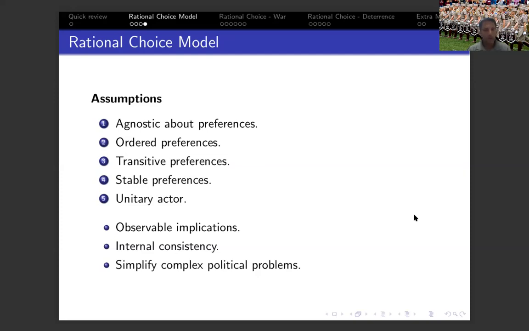Scholars and professional analysts love the use of rational choice models because they provide us with a framework to explain behavior in a very general way. Reminding you again of my discussion from the first week, how we try to build theories which are general theories. So by relying on the rational choice framework, we can explain behavior in a very general sense, whether it's the explanation of states that are democracies, states that are autocracies, terror groups, rebel groups, whatever that is. If we rely on the rational choice framework, we can build a very general theory of behavior.